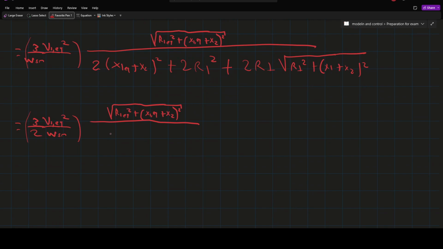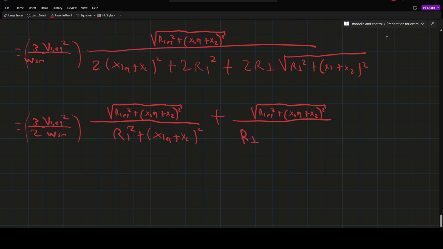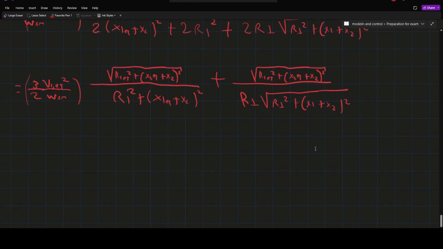So we are gonna have r1 square plus this. We're gonna have plus this one over this one plus r1 over this. Okay,